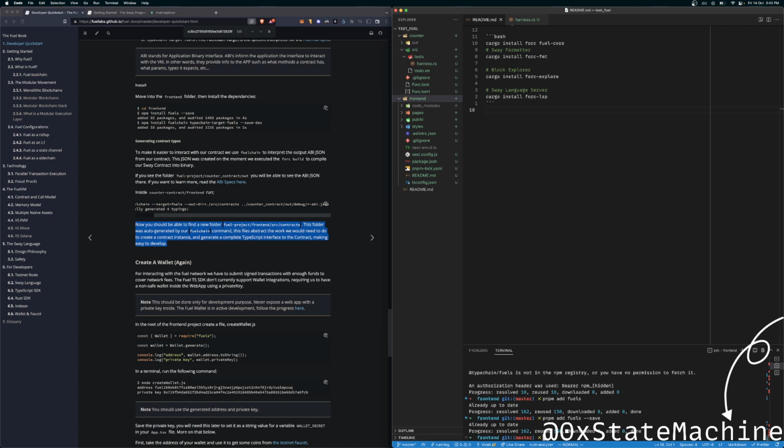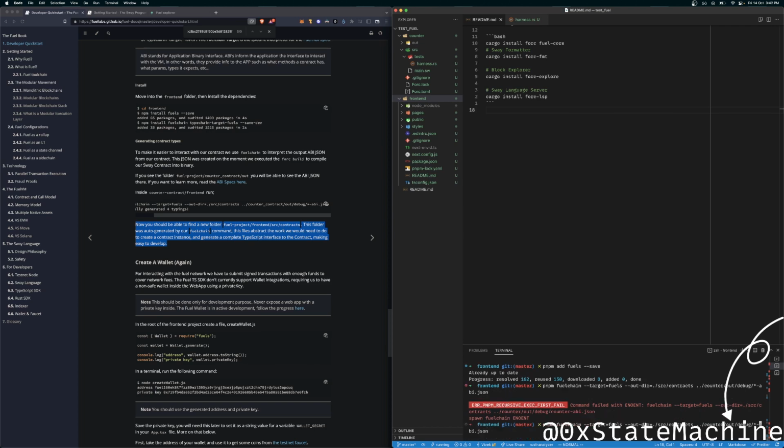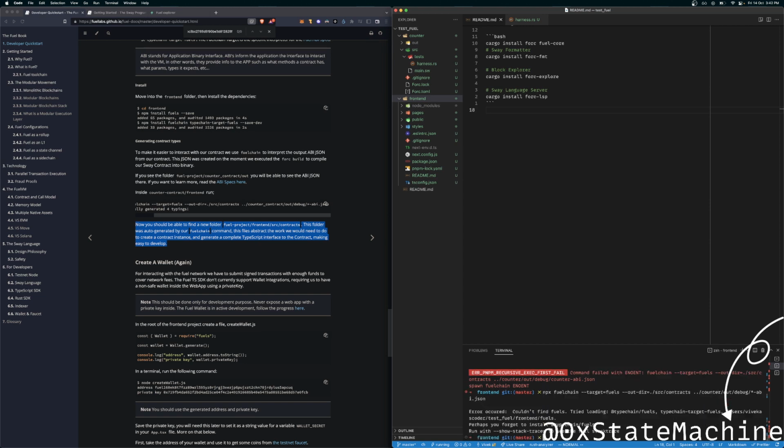And also, why am I not able to run this npm? npx. Is this because of the package manager or something?